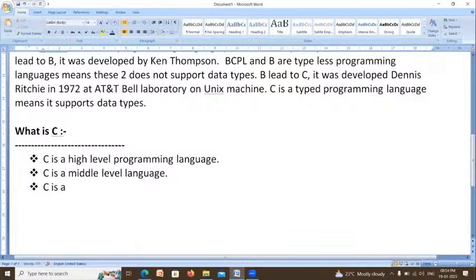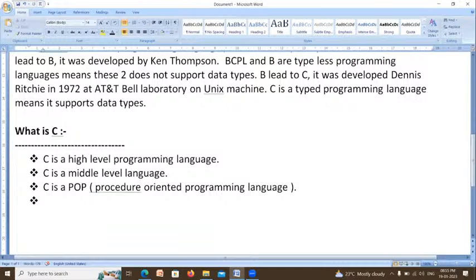C is a POP language. POP means procedure oriented programming language.